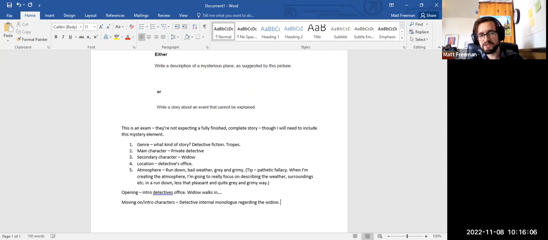And this is going to do two things. My internal monologue, so my detective talking to himself here. Firstly, it's going to introduce him a bit. It's going to tell us a bit about his character. So he's going to be dealing with this in quite a cynical, hard-bitten way. But it's also going to set the scene a bit and help develop these characters, help develop the setting just that little bit more. So right from the start, I'm making sure with my plan that I'm not including anything that isn't needed.